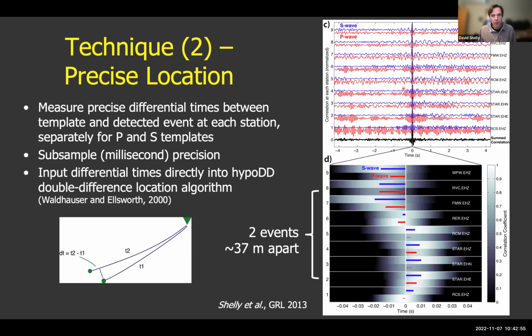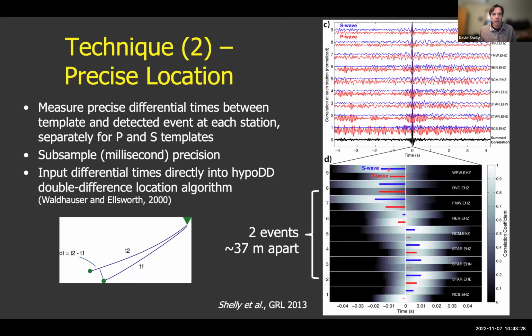But what happens if we zoom in on this? So this lower plot is showing this time scale blown up to plus or minus 400ths of a second. And then the cross correlation function has been changed to show the shading here. And then the blue and red bars are showing the difference from a 0 lag to the peak of the cross correlation function. And you can see that even though these lags are small, many of them are even less than 100th of a second,